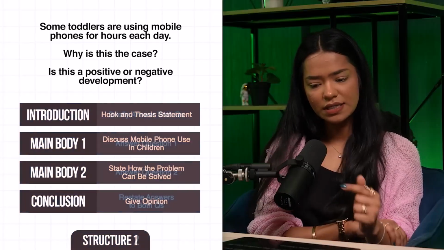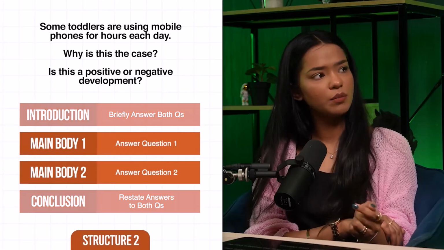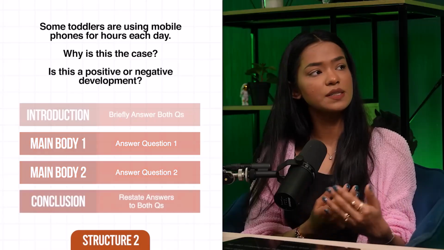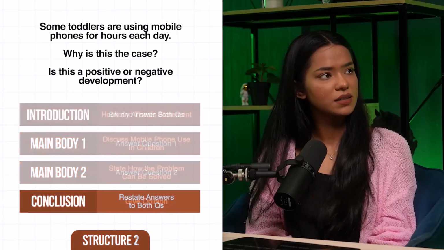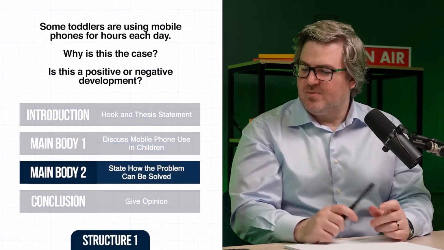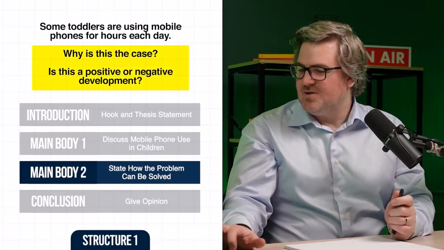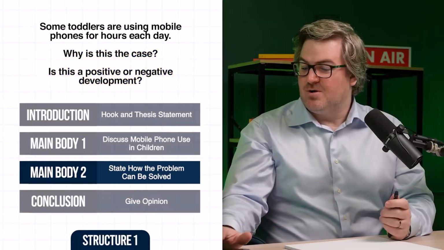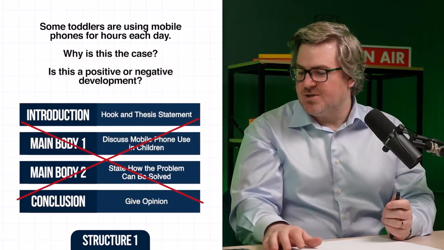Because I believe in the second structure, we can answer both questions. Why is this the case and why is this positive or negative? And we can also explain why we think that is. And this one, state how the problem can be solved. Does it ask you why the problem can be solved in the question? Good. No. Okay. This one is wrong because in general, the structure is okay, but it doesn't actually do the